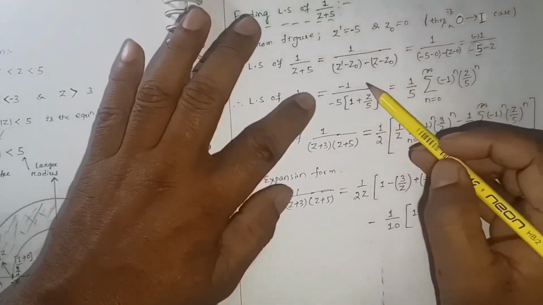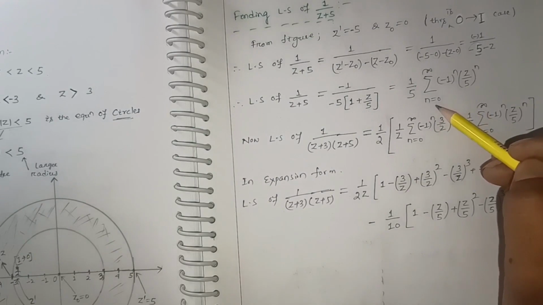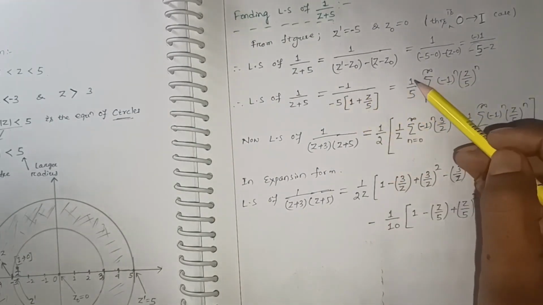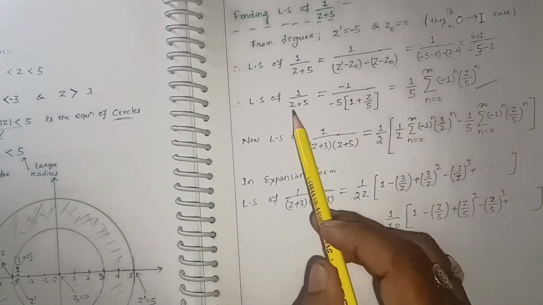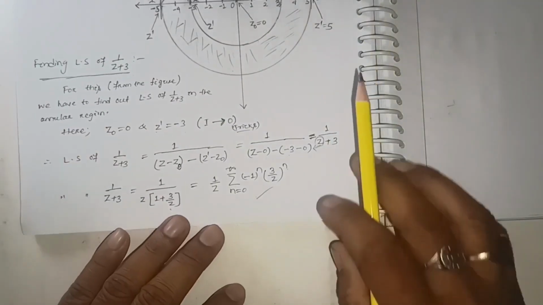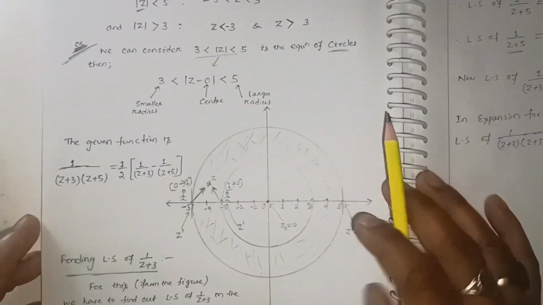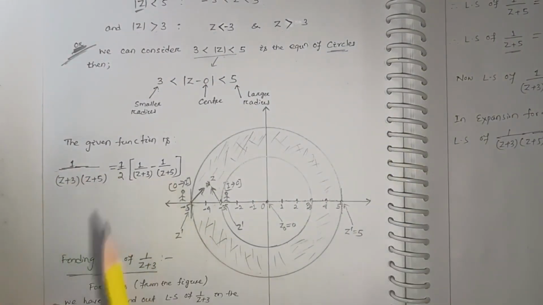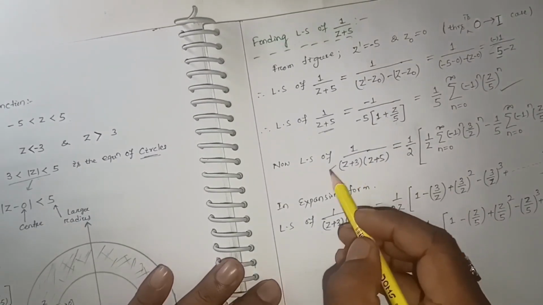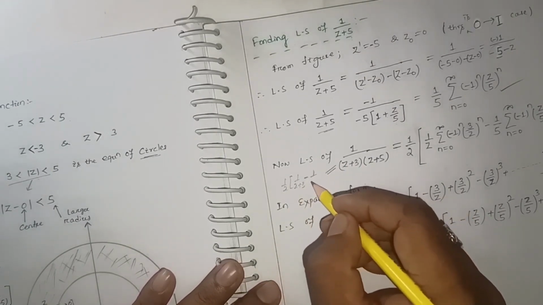Then what will be the series of 1 by 1 plus z by 5 if z by 5 is less than 1? That is nothing but the summation from n equal to 0 to infinity of minus 1 to the power n, z by 5 to the power n. Already the minus got cancelled, 1 by 5 is there. So this is the Laurent series of 1 by z plus 5 in this region. This is the Laurent series of 1 by z plus 3 in this region. Finally, the Laurent series of 1 by 2 times 1 by z plus 3 minus 1 by z plus 5